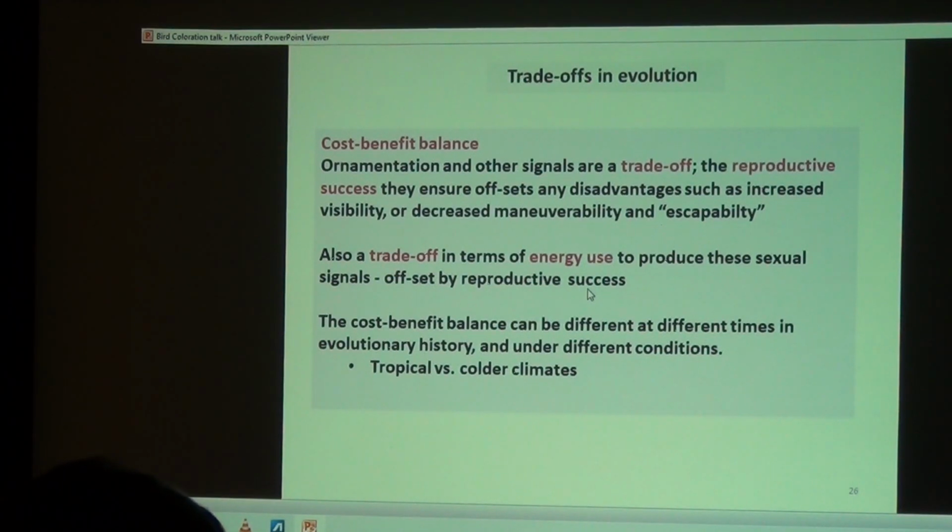And something as simple as the size of the black bib in a house sparrow can be a sexual signal. And the white that a junco flashes in its tail, that is also a sexual signal. It's been shown that female house sparrows find the bigger size of that bib more attractive. And the same with female juncos. They find the more white there is in the tail, the more attracted she is.